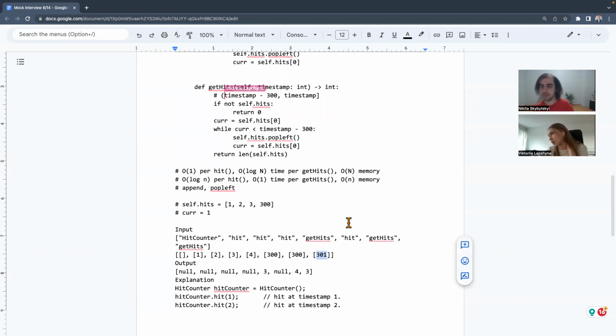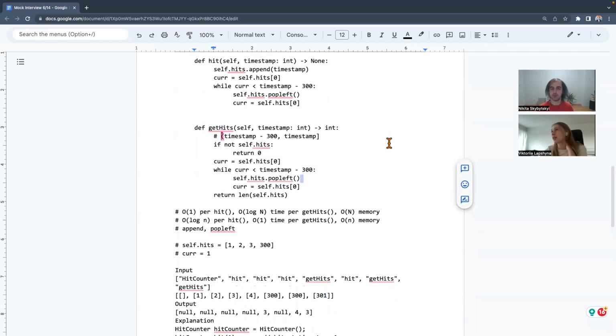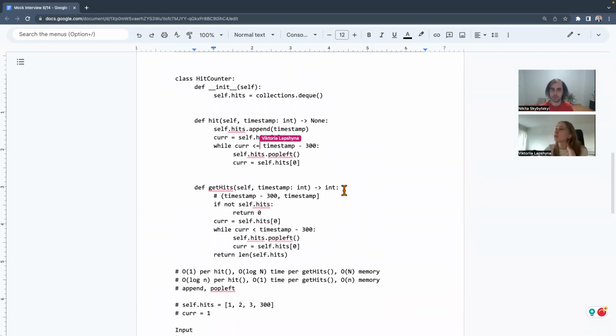Actually it is smaller, so how should we change the condition? So now we do go inside the while loop.